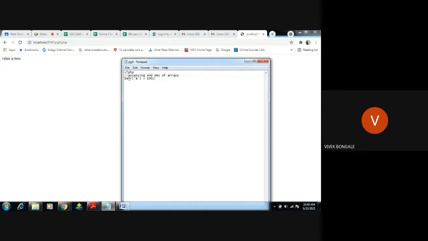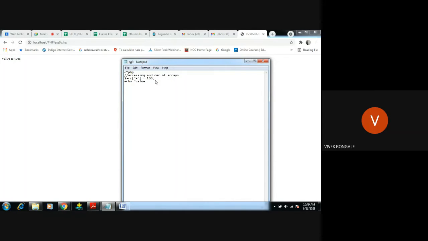I'm giving an index value, not even a key value, for this 100: it is a. I am declaring it manually, a for this 100. Then I use echo. I want to display this one.